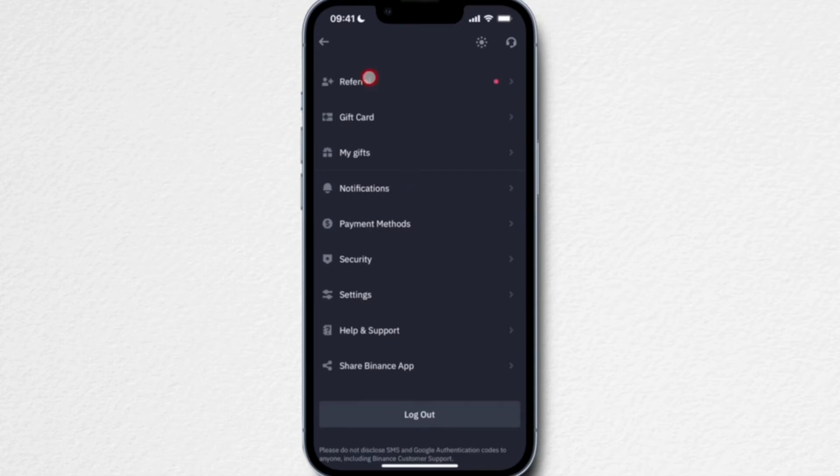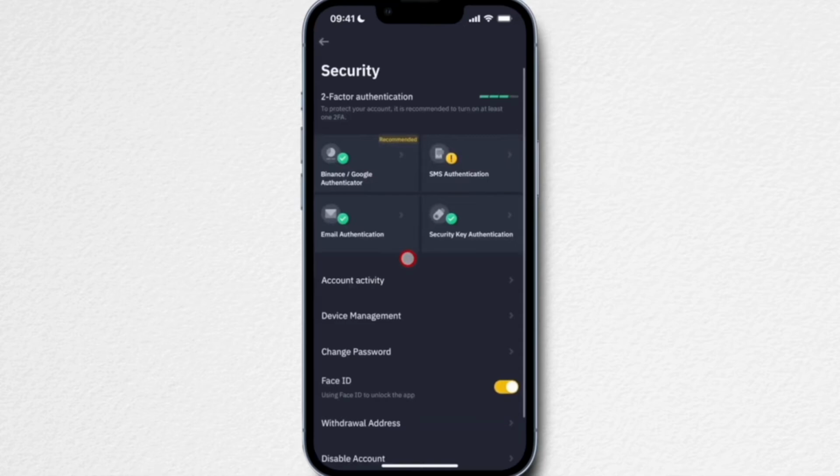So the first thing I want to look at is the security settings, even though it's kind of a boring topic, but it is very important, especially if you sign up for centralized platforms like Binance, where you hold your money. You want to make sure that you have all the security measures in place to keep your funds safe. So when we go to our security settings right here, you want to make sure that you have two-factor authentication